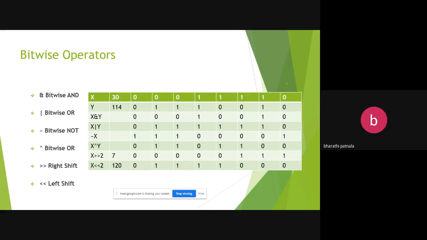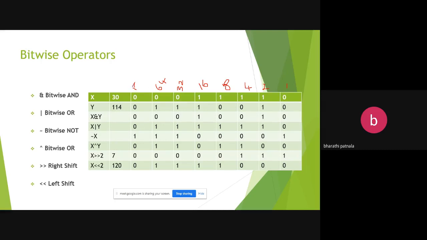According to binary, this is 1, 2, 2 twos are 4, 4 twos are 8, 16, 32, and this is 64, and this is 128.